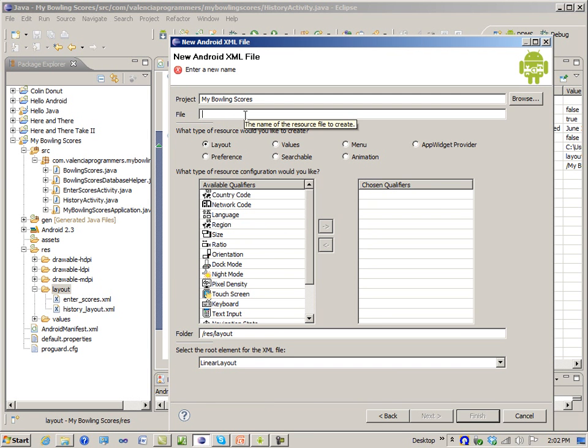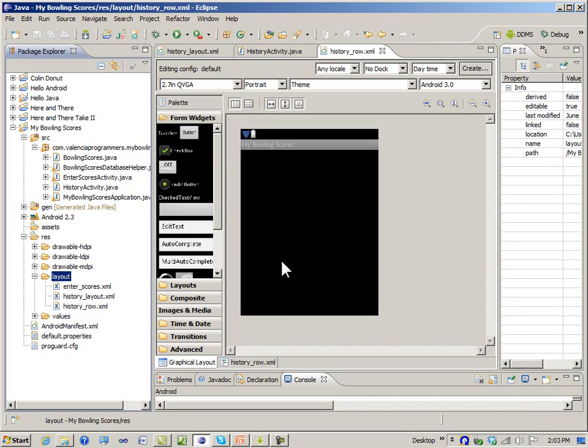And let's call this file history row, and don't use any uppercase letters in the name of an XML file. And I'm not really sure if I have to type the extension there, but I will. And do I want this to be a layout? Let's start with that. I think we're going to have to change it, because we don't really want a layout